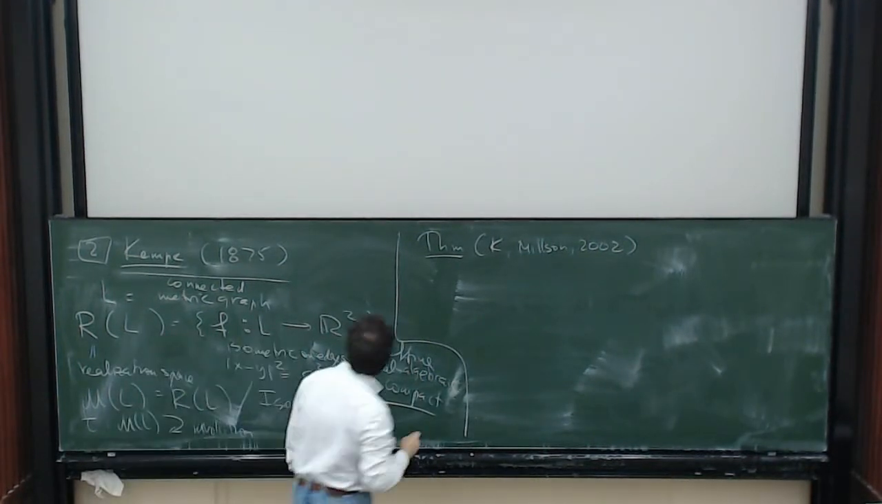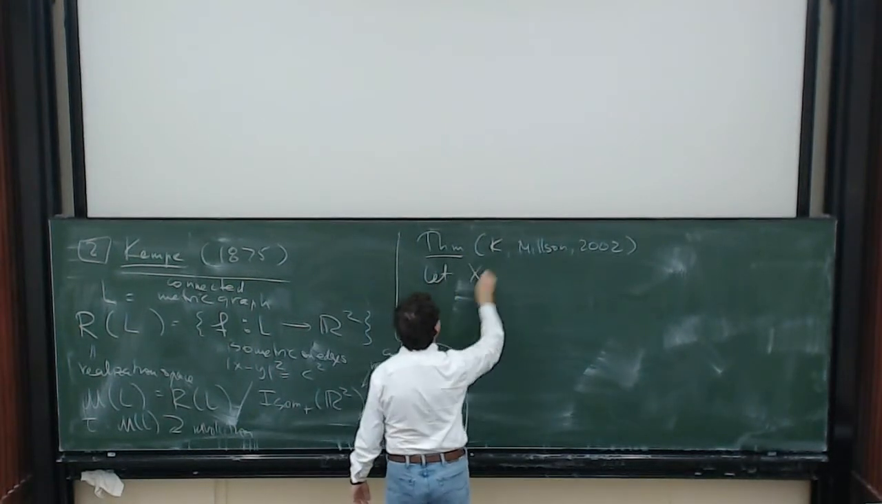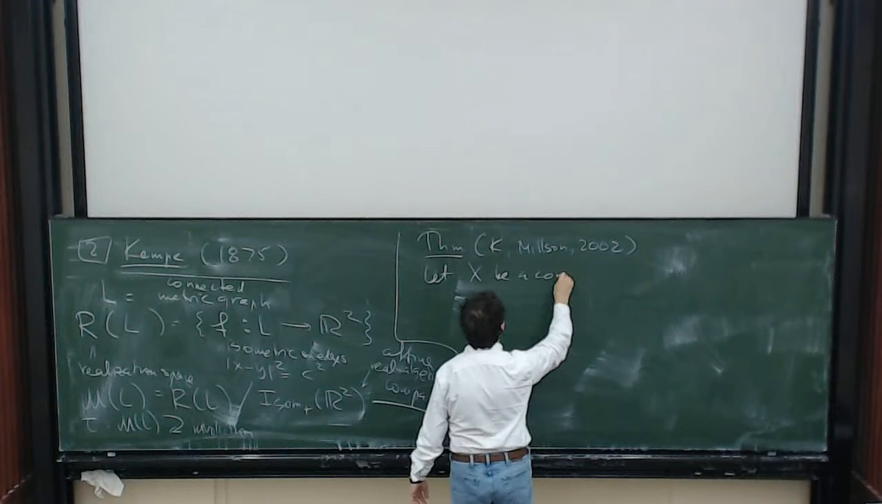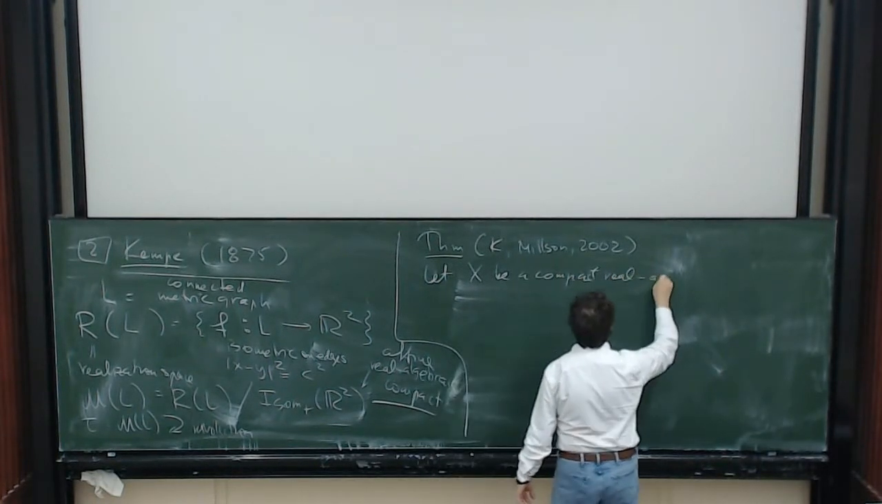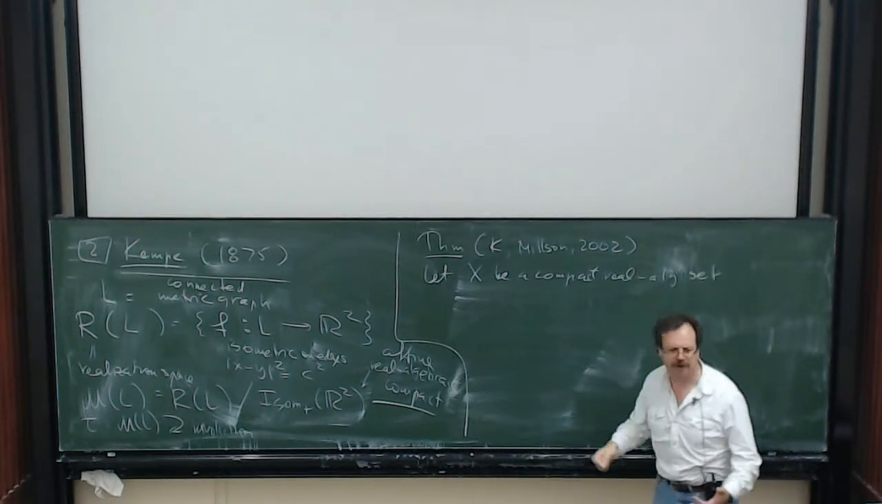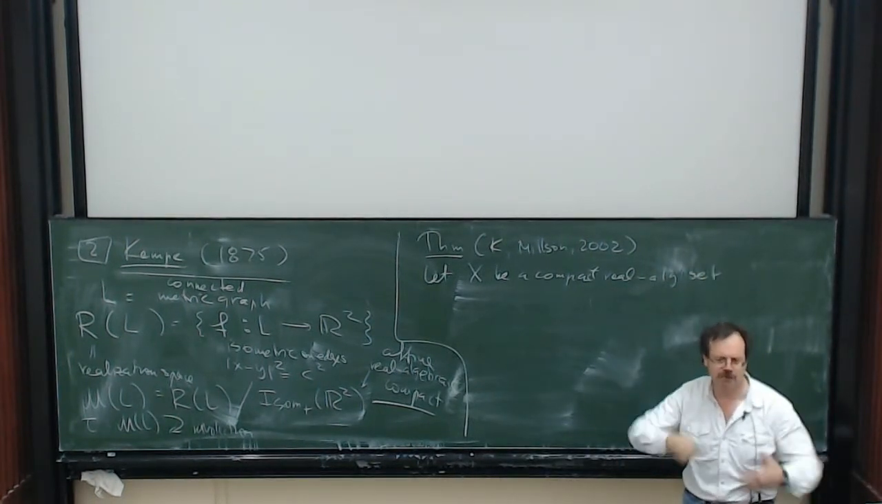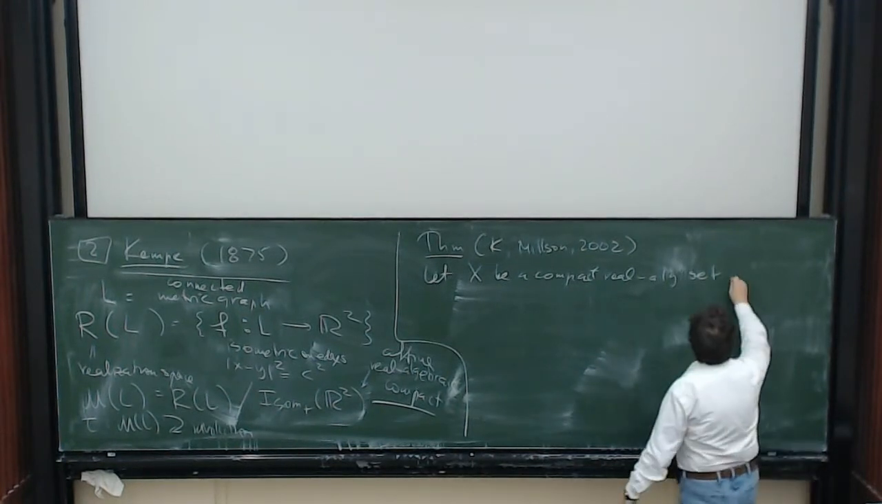So here's the theorem. Let X be a compact real algebraic set. When I say real algebraic, I just mean an affine set: a real affine space and the solution set of some polynomial equations. Okay. Then